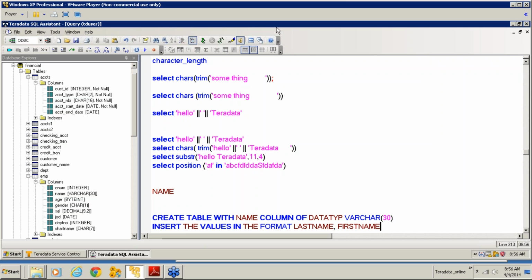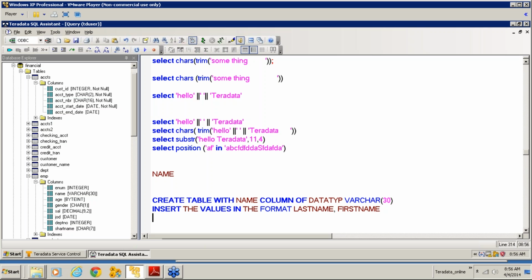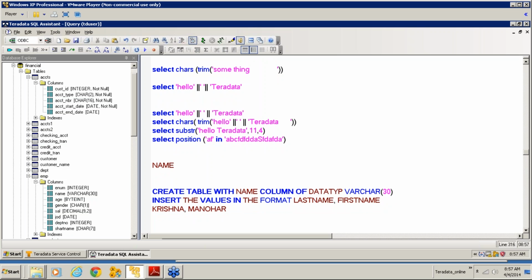Please observe here: last name, comma, a blank space, and the first name. For example, if I store the name as Krishna Manohar, for example, and after storing your records, store 10 records or 5 records with different names in this combination,